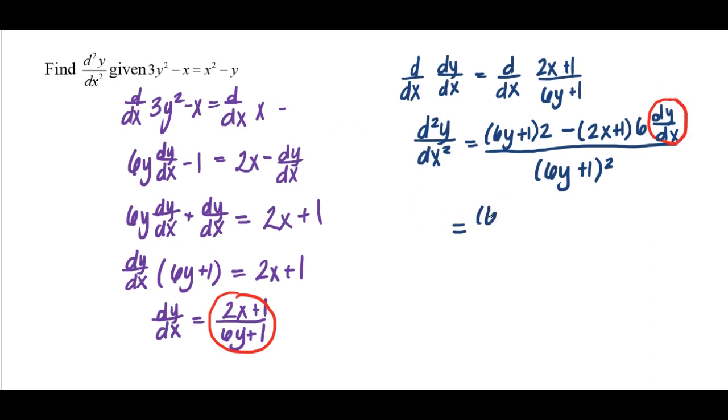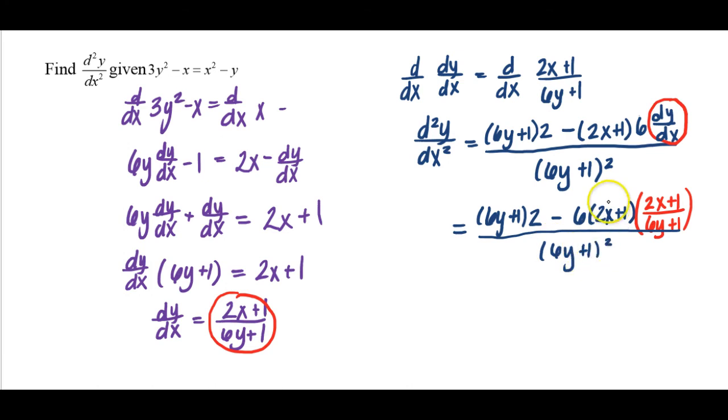So I have 6y plus 1 times 2, and then minus, I'm going to put the 6 right here in the front. I have 2x plus 1, and then I'm going to switch colors to indicate what's happening: the dy dx is coming from over here again. So we have 2x plus 1 over 6y plus 1. So that is dy dx, and then it's all over